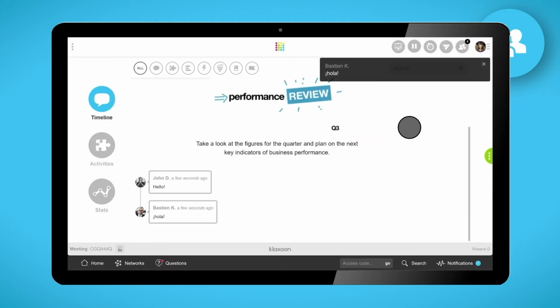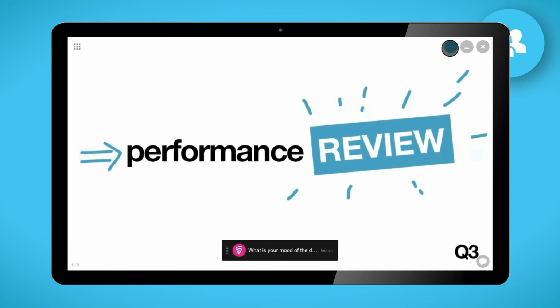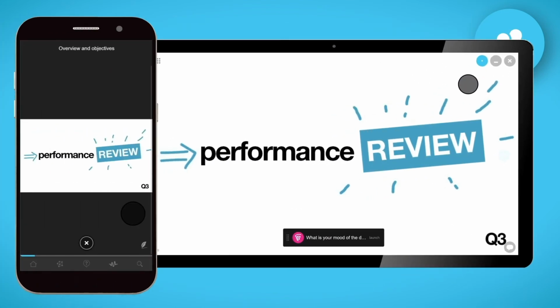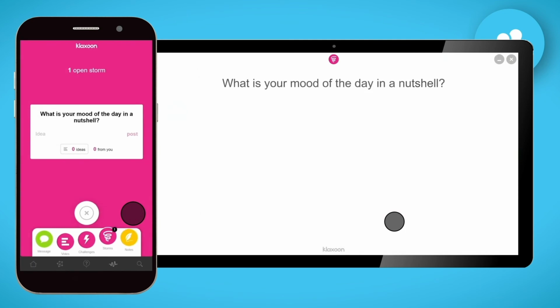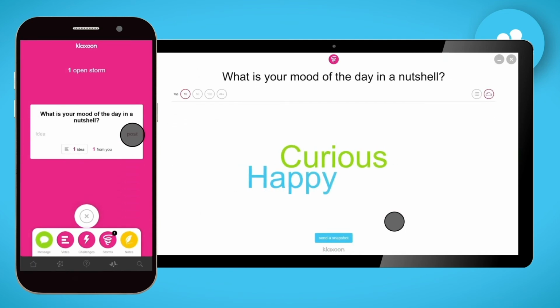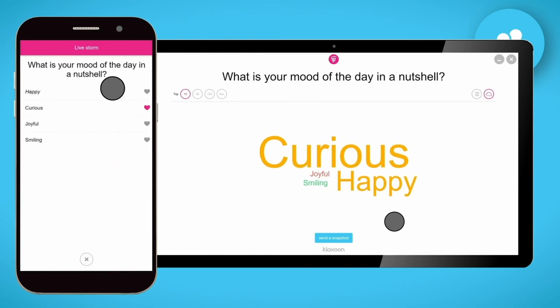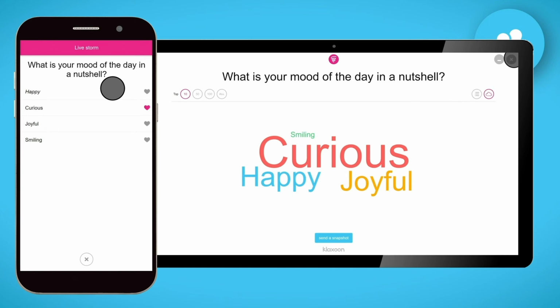At any time, start your presentation here and do not forget to activate SynchroPress so that everyone gets to see the same page at the same time. Let's go! In the first slide, launch the storm question prepared beforehand. Everyone participates and can like the ideas sent. The answers appear instantly, you interact with the team and share a capture of the word cloud in the timeline.